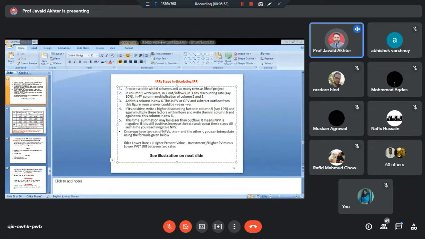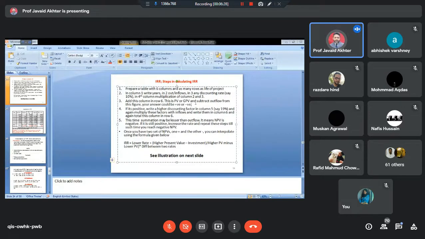All right. So we write any rate. Then we follow the same procedure that we followed earlier, that we multiply and we take a total. When we reach a total, the total can be positive or negative. The answer can be 0 also. If 0, then nothing like it. But theoretically speaking, it is least likely. The probability is very, very low that the answer could be 0. Answer could be positive or negative. So 3 steps we have taken. These steps are nothing but a repetition of what we have done earlier.